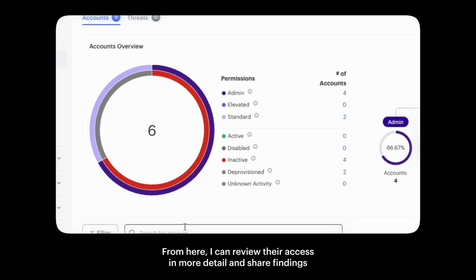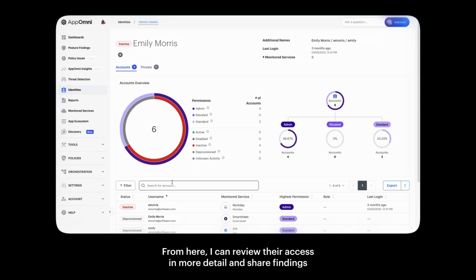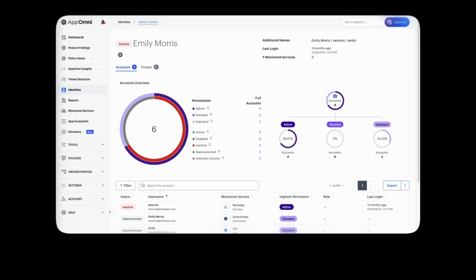From here, I can review their access in more detail and share findings with the appropriate team, whether that's security operations, app owners, or an IAM, to trigger manual reviews or start the access removal process. Whether you export the list, investigate users individually, or send identity data downstream to make your IAM system SaaS aware, each path helps eliminate dormant, highly risky access, reducing your attack surface, improving SaaS security posture, and in many cases,